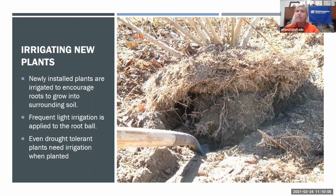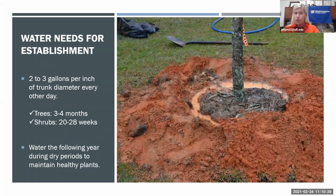Even if these plants are drought tolerant, they still need irrigation when you first plant them until they are established. Now, the establishment period for the shrubs and trees and perennials in your landscape varies. Perennials, of course, are going to grow a lot faster than a tree or a shrub, so they're going to be established in the landscape probably within 2 months, where a shrub and a tree could take much longer to